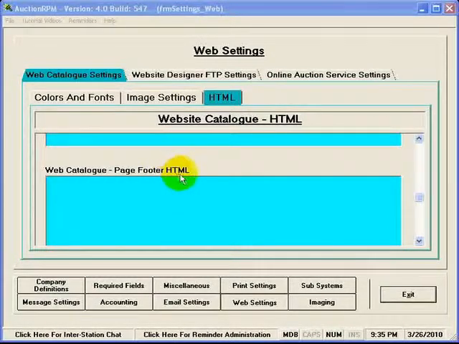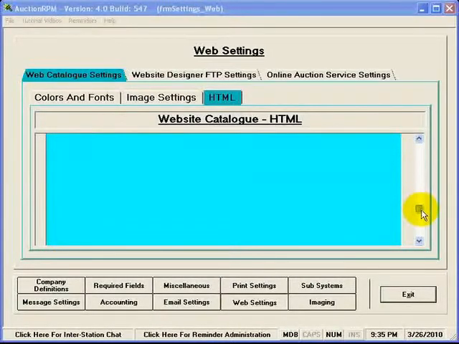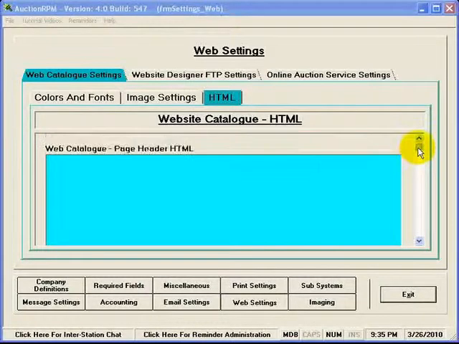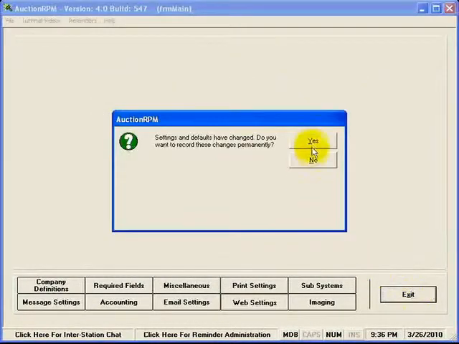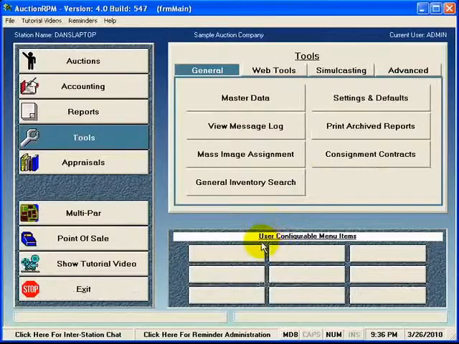HTML stands for Hypertext Markup Language. It's the language that web browsers use in order to know how to display a web page. Oftentimes, you may want to have customizable header or footer information on these pages that are created. Perhaps it would be a set of links that would branch the person to other parts of your website. If that's the case, then you can put that raw HTML into these fields, and AuctionRPM would include them on any of the HTML pages that would be created. I'll go ahead and click Exit here, and say yes to save changes, and that will return us back out